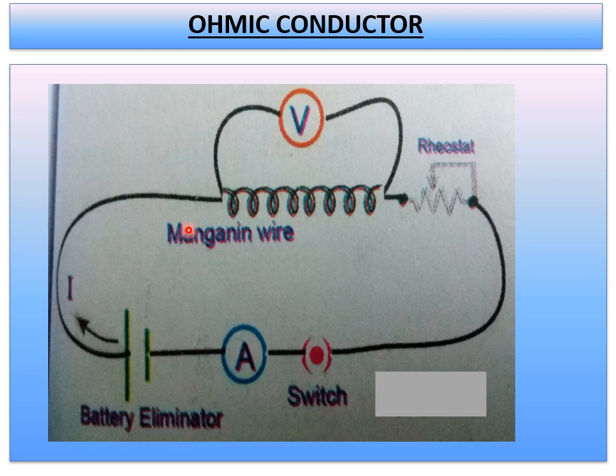So according to your activity, the materials are mentioned here. This is just the textbook picture I am showing. This is the manganin wire. So this is your resistance, and the voltmeter is connected across this. And this is your rheostat. Why it is given like this means we can vary the resistance in the circuit. Already I told you, okay? And this is your ammeter. This is the switch. And this is your battery eliminator. Eliminator, already I told you, AC to DC. So the current flows in a circuit from the positive terminal in the outer circuit. I told you these points already, so all those points you have to remember and apply here, children.